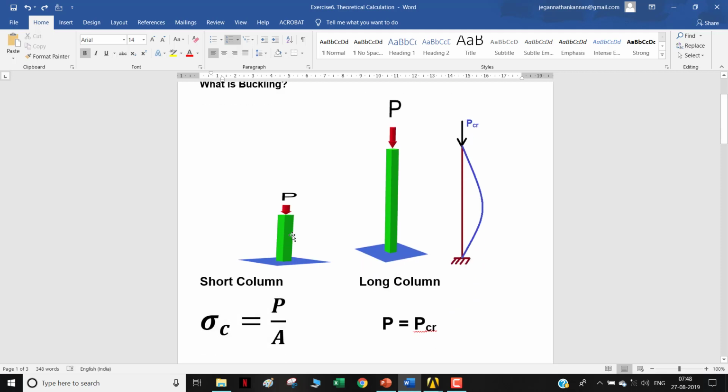Precisely, you definitely know that the short column will fail by crushing, or compression strength. The compressive stress is nothing but load by area in a simple bar. So this is nothing but a short bar or a short column, right? When this compressive stress exceeds the yield or ultimate strength of this particular material, then this column will fail. Whereas in a long column,